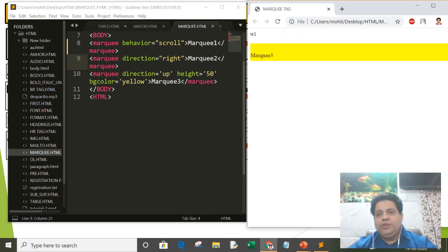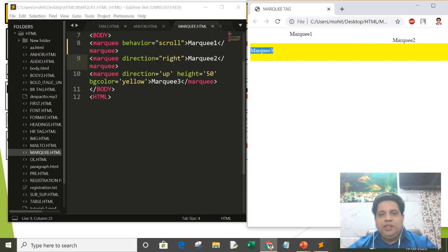Okay, notice the movement of the second marquee. By default the behavior is scroll and the direction is to the left. But in the second marquee the direction is right, and it is moving to the right.